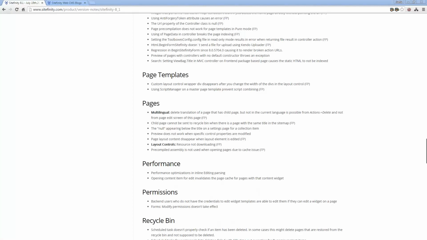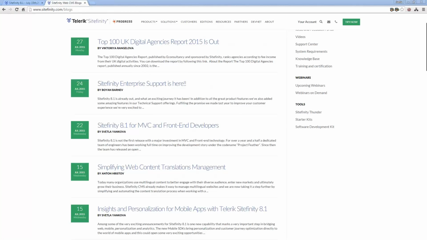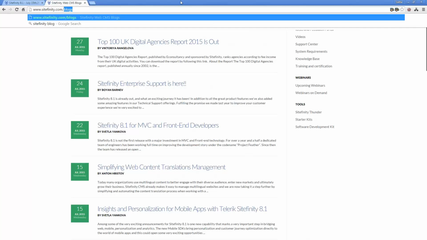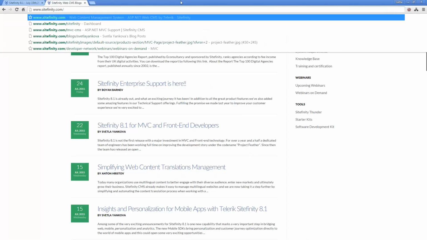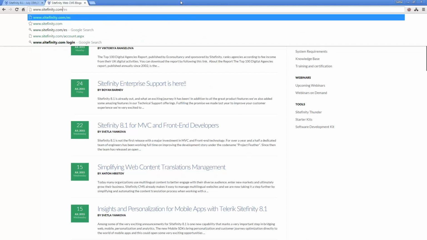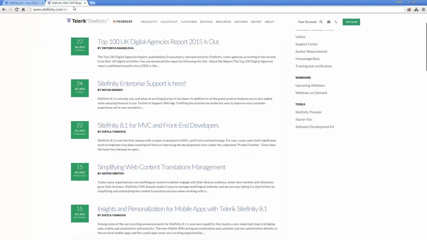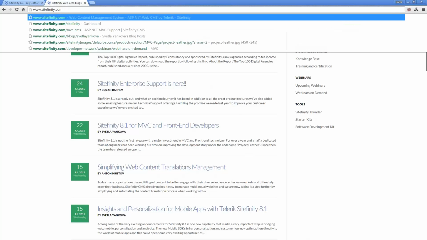I see a question here asking about the domain names that the different multilingual versions can reside on, whether they can reside on the same domain name. So basically, if you have a multilingual website, there's a number of strategies you can support. Let's say you have a Spanish version. One strategy is that your Spanish version is something like this, which is kind of folder-based, so sitefinity.com/es. And then the other one is something like es.sitefinity.com. And then the other one would be a top-level domain,